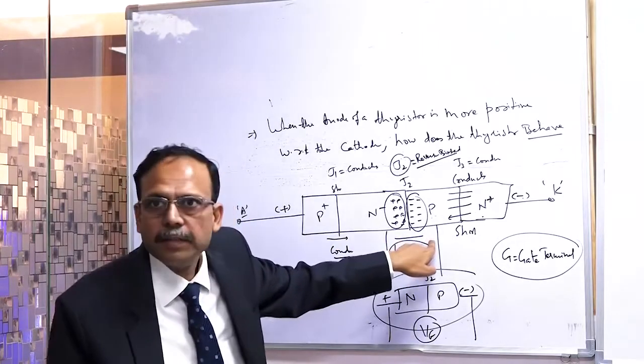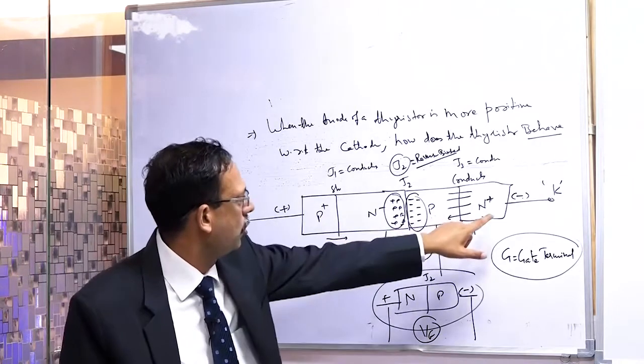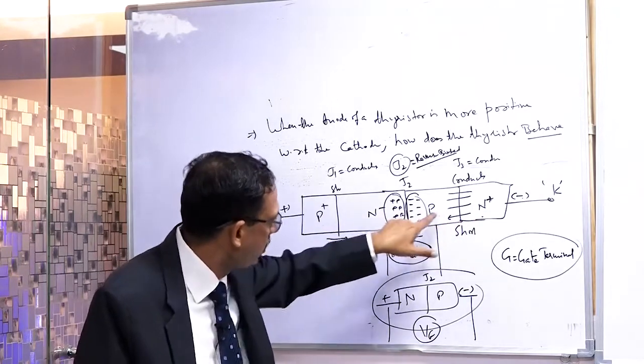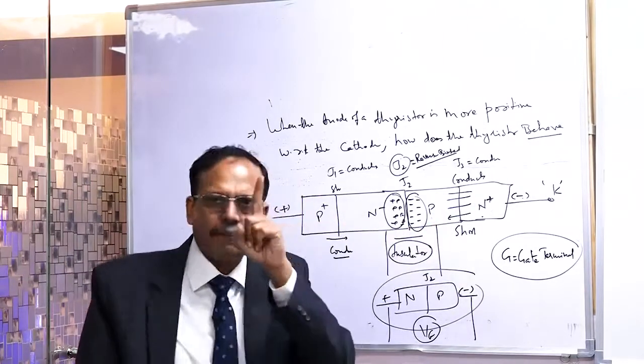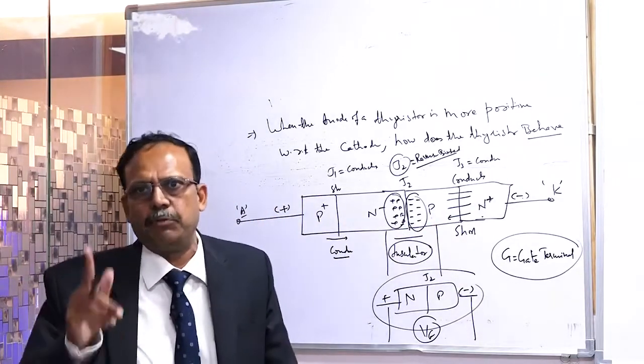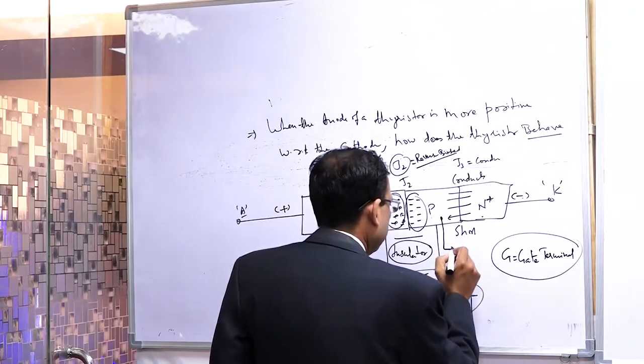Yes, now, Ramesh says N and N minus. No, N minus and N are far apart. Whether it is in this or in this, whether it is in P plus, N minus, P or N, there is only one place where it is going to be injected: at P. Correct, Sunil Gupta ji, you are right. The gate terminal is going to be here.